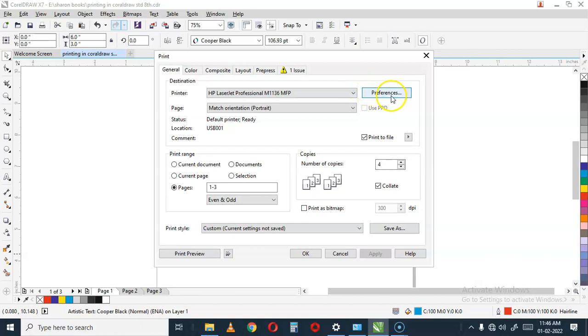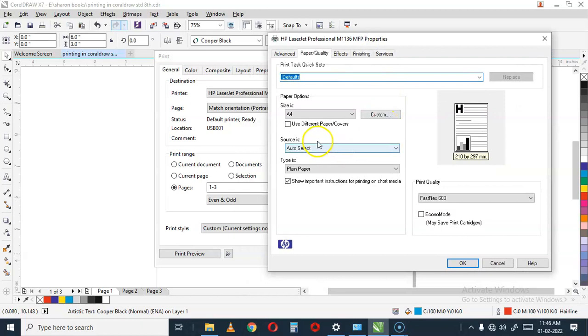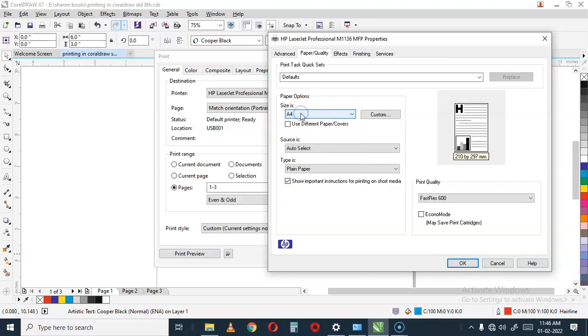Then you can click on preferences, children. Here in preferences, you see you will have A4 size paper. Whatever paper size is there, you can have the paper size. Okay, source is auto select, type is plain paper, whatever you want to select. Okay, then fast,